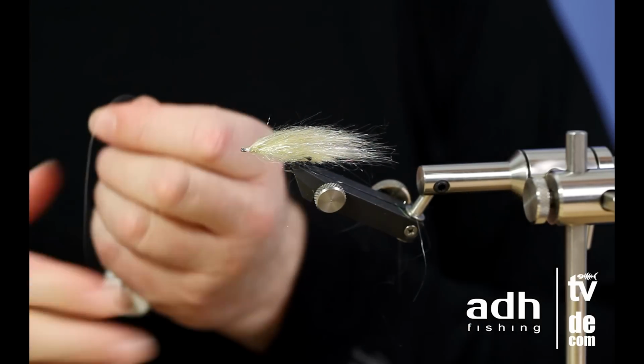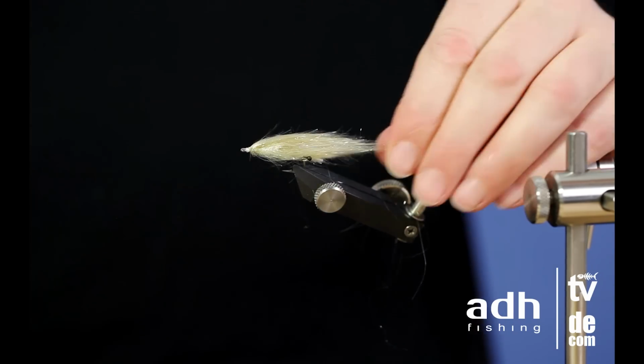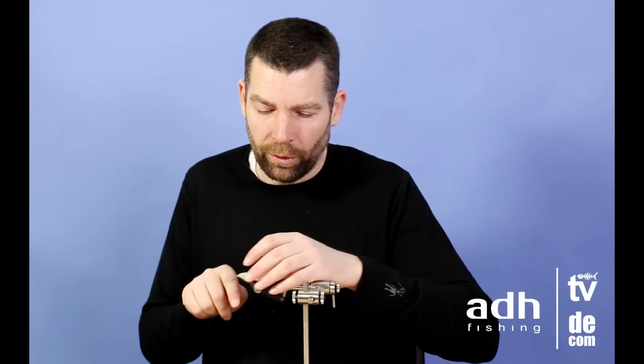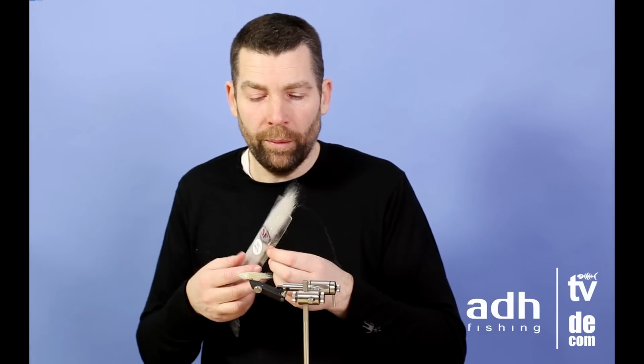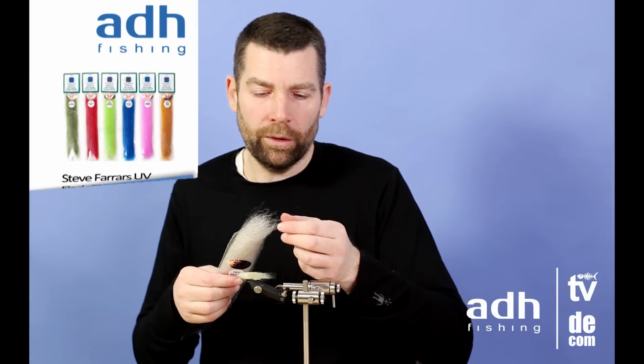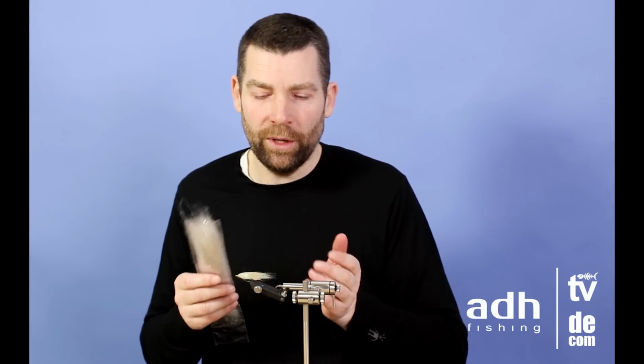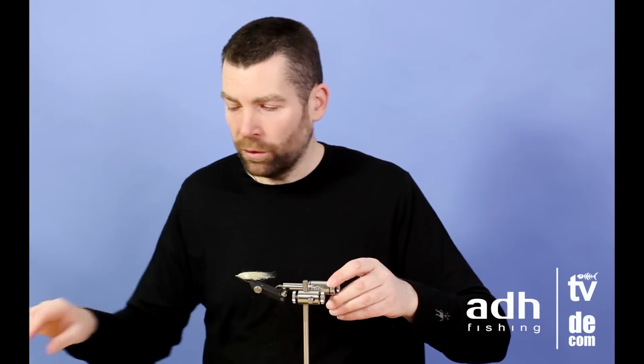You can put on antennas on this fly as well. I didn't do it in this one, but if you want to put in antennas, you do it just after you put in the eyes. And what I normally use for that, I use a few fibers of this D-fiber blend, which works quite fine as antenna, but I didn't do it in this pattern. You can do it or not. I don't really think it matters for the fish, but if you want to, use that kind,